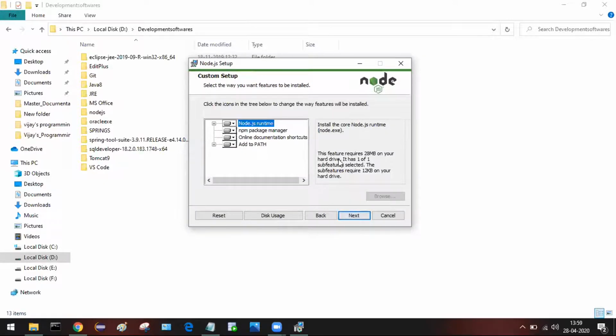Here you don't want to change anything. Here there is an option for add to path. It is going to eliminate our explicit setting of the path in the system environment.